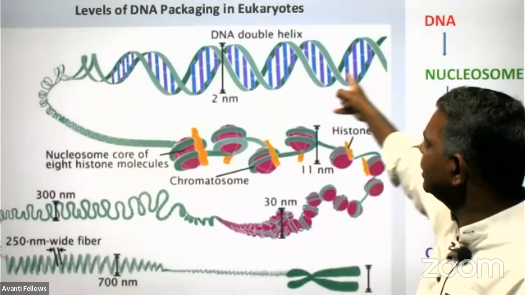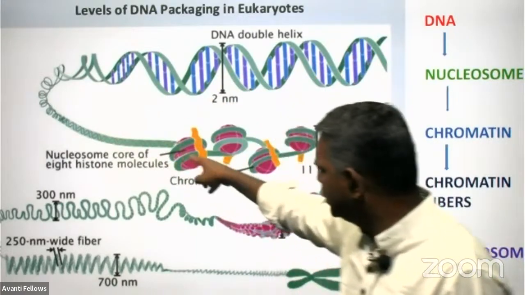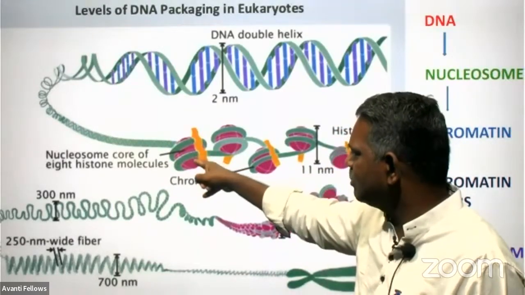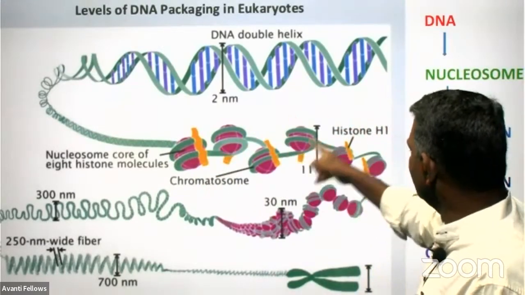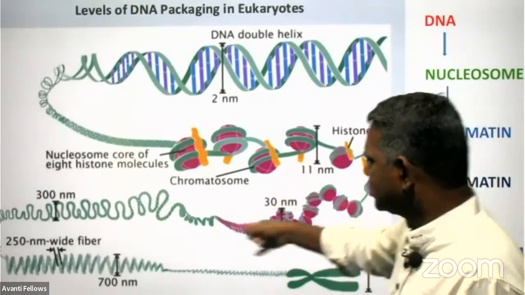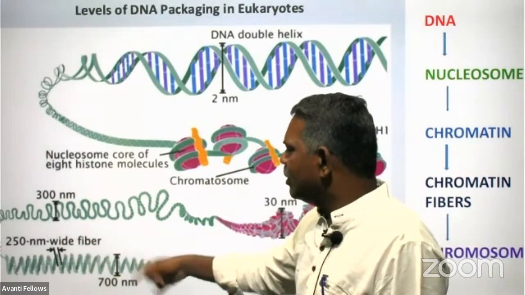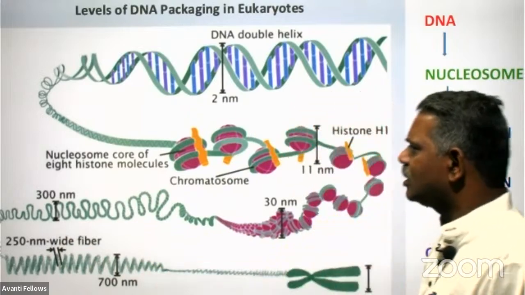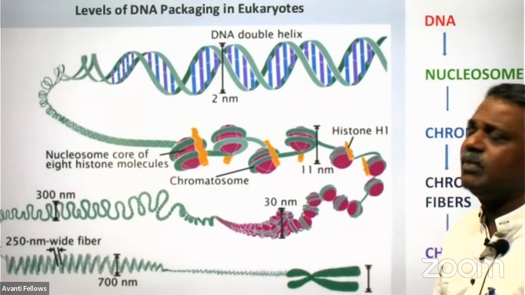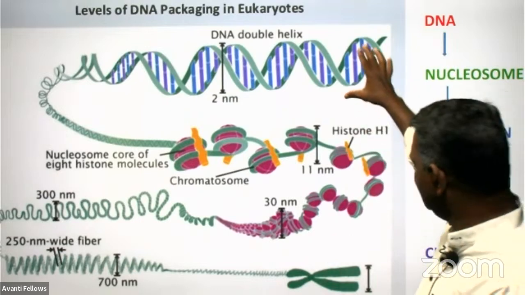See, this is the DNA helix, the double-stranded DNA helix. It goes for this coiling. This is the nucleosome, coiled around this octamer. Then the nucleosome goes for repeated coiling and forms the next chromatin, and the next chromatin will go for the chromatin fiber. Then the chromatin fiber will go for the supercoiling with the help of the non-histone protein, and finally get the chromosome. And you see how it is reducing its length,